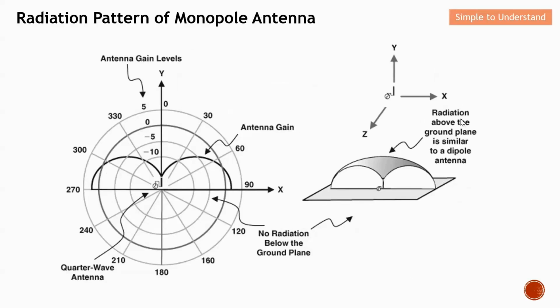Okay, so the radiation above the ground plane is very similar to a dipole antenna. However, below the ground plane, there is no radiation. So basically from here, you can see the key difference between a dipole antenna and a monopole antenna. This is focusing on the radiation pattern. Before I go into detail on how this monopole antenna actually works,